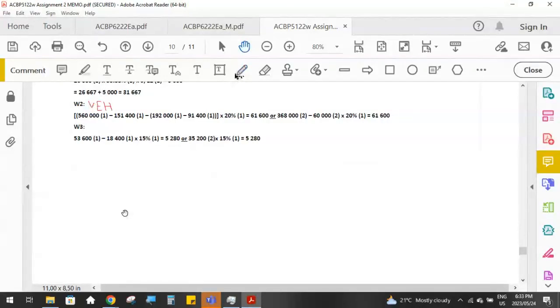So vehicles and furniture were both depreciated according to the diminishing balance method, which means we've got to calculate the carrying value of vehicles and then multiply that by the 20% per annum. But now remember, we sold one of our vehicles. So we first calculate